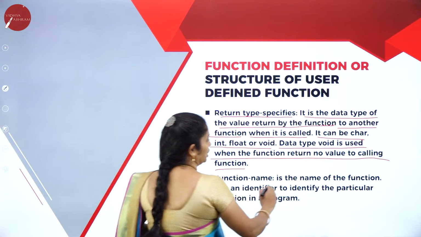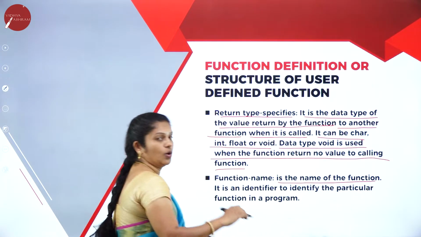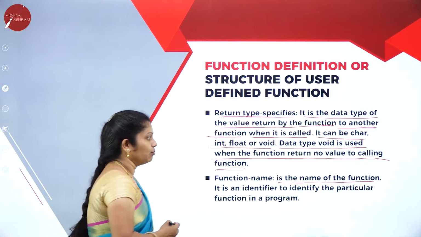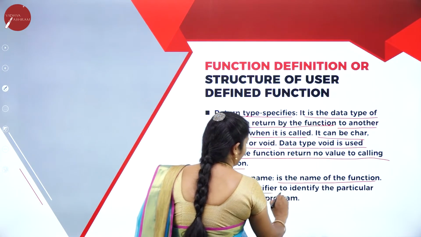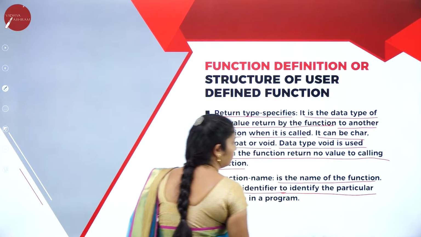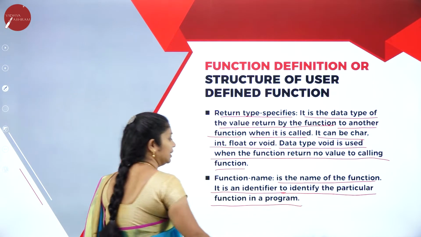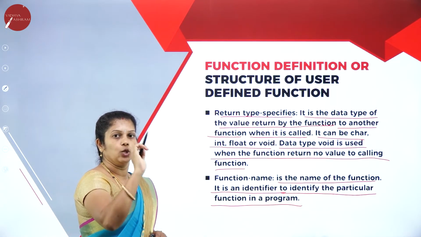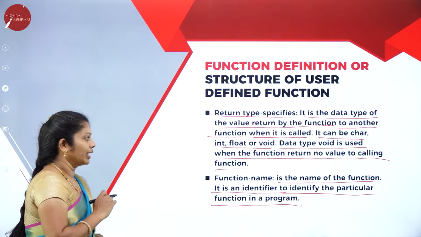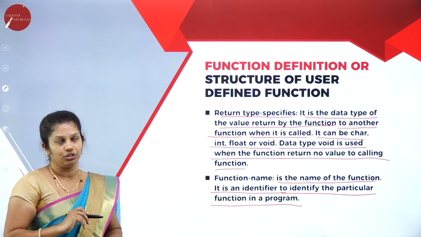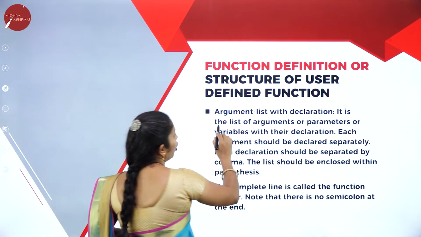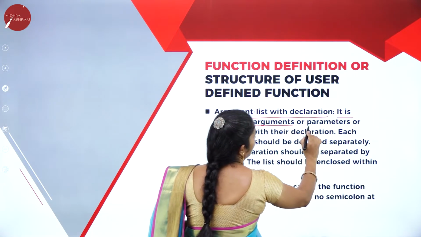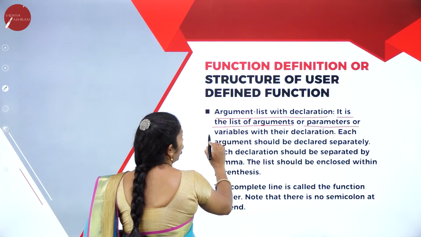Then the function name is the name of the function. Whatever name the user wants for that subprogram, they can give. It is an identifier to identify the particular function in a program. The return type specifier tells which type of value you want to generate, whereas the function name is the name of that function. Then the argument list with a declaration is the list of arguments or parameters or